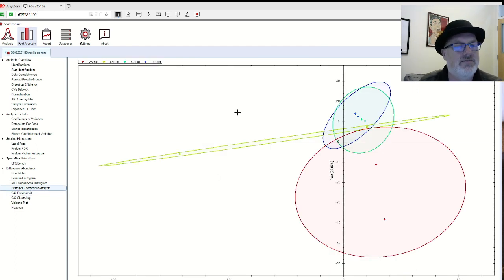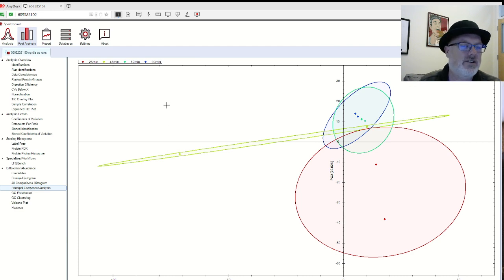So this is how well you've done on your experiment. If you have different conditions, obviously you want your PCAs to be well separated. Sometimes they are, sometimes they're not. And you could see the 25-minute runs are a lot different than the 60s and the 90s, which are similar. And you could see there's one 45-minute run where something happened, and you could tell there's something wrong with this